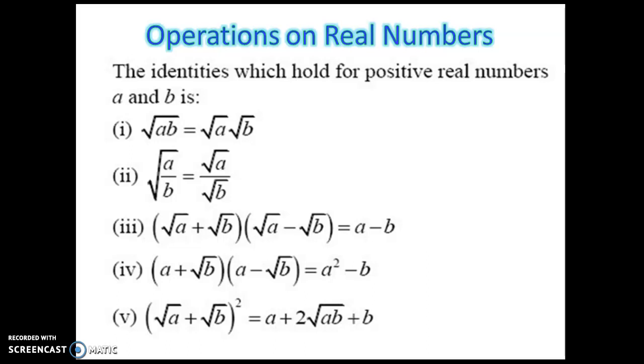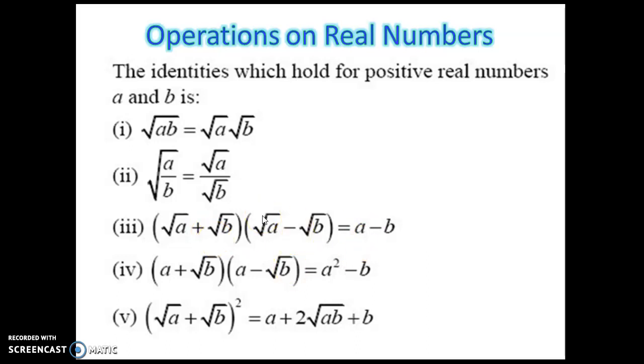Okay, so in the algebraic expression you would have learned (a + b)(a − b) = a² − b². We will get the identity in the algebraic expression. Same way, only here also we are doing it, but the square root of a squared is a. When you have a square root and a square, they get cancelled and we get the number alone. That's why here we are having a.